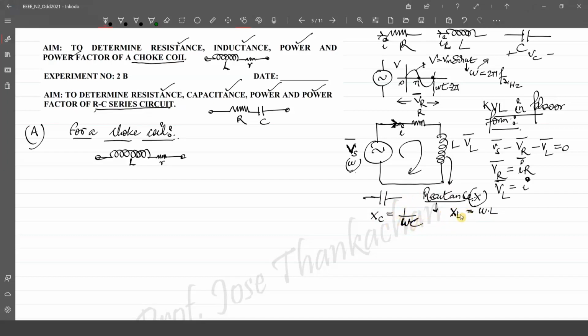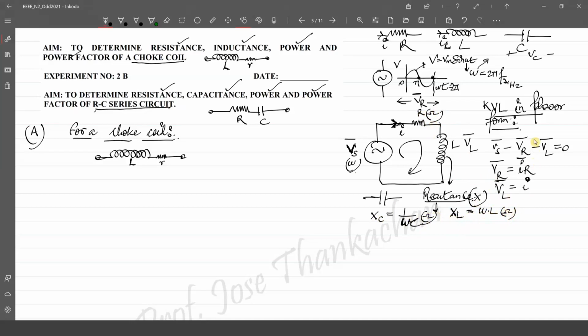Capacitive reactance and inductive reactance. Now, how to represent this capacitive reactance along with the resistance? This reactance is an opposition offered, isn't it? What is the unit of resistance? Ohms. Similarly, this is also an opposition offered by the inductor to the flow of current, so the reactance unit will also be ohms. Similarly, capacitive reactance 1 by omega c will also have a unit of ohms. These are oppositions to the flow of current, which is why their units are in ohms.